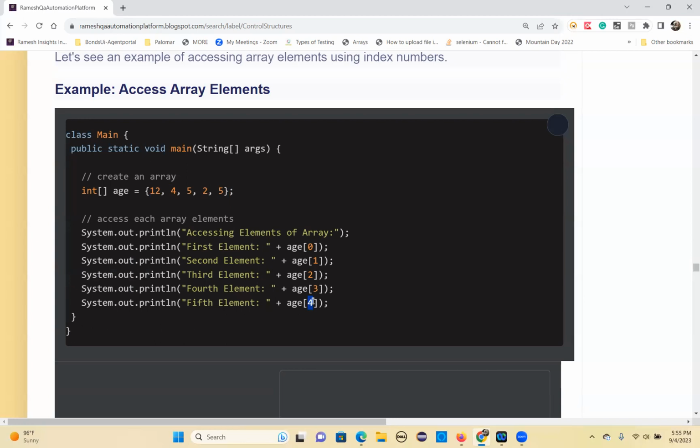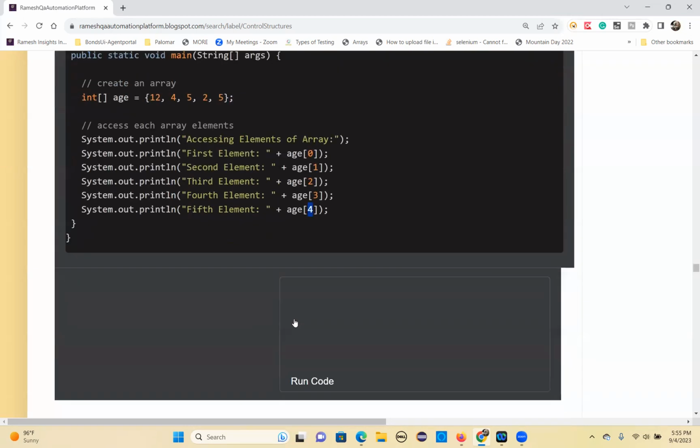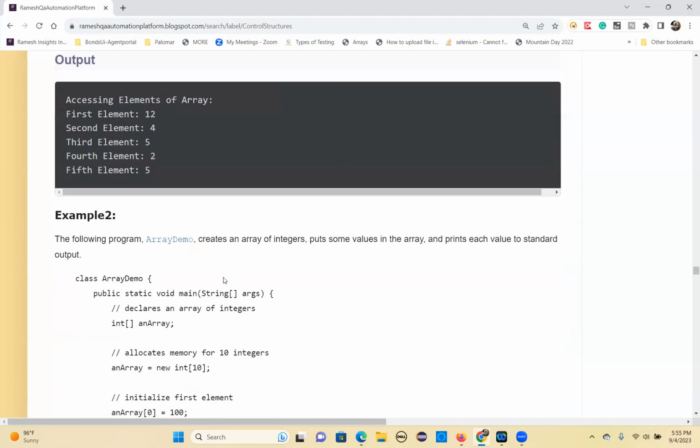You don't need to hard code if you don't know the size. If you want the last element index, give array name, square bracket, array dot length -1. Inside the square brackets, you give that formula. So that's how we can access